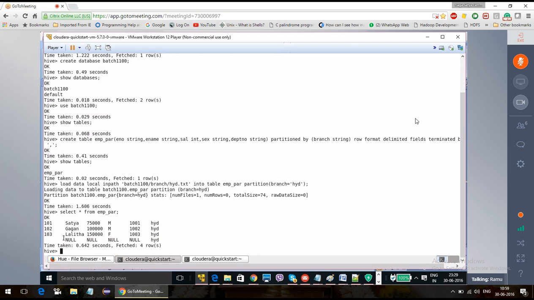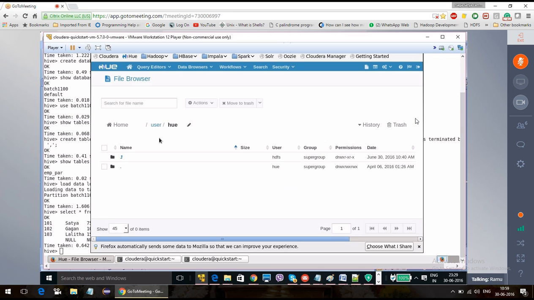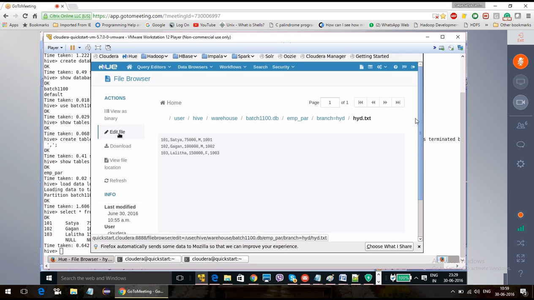Okay, if you want that not to be displayed, I'll go to user hive warehouse, the employee folder there. Inside this I will edit the file.